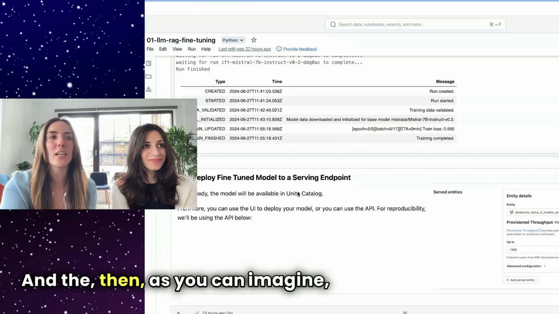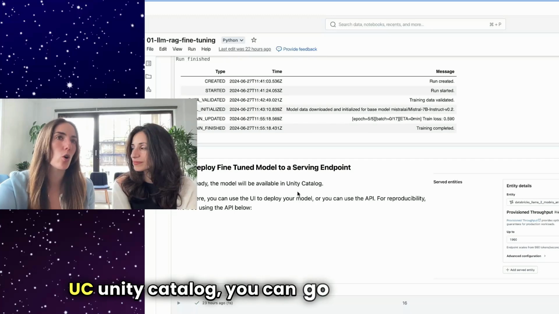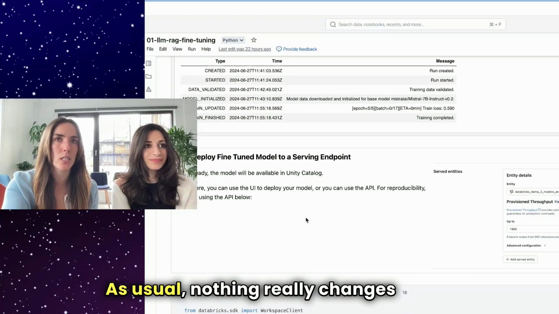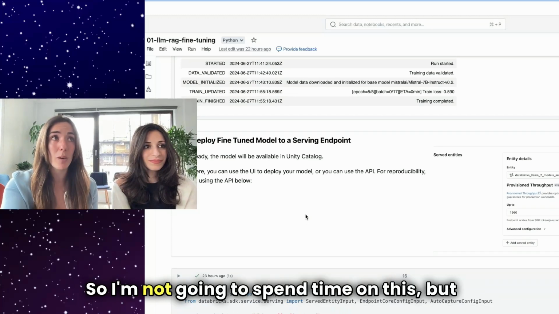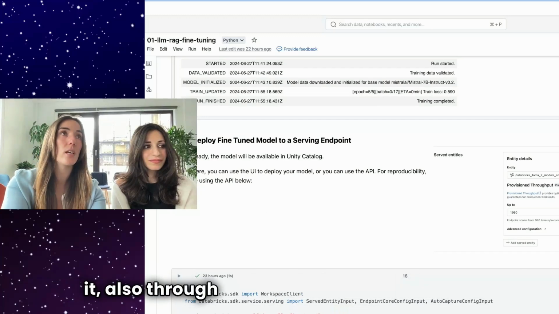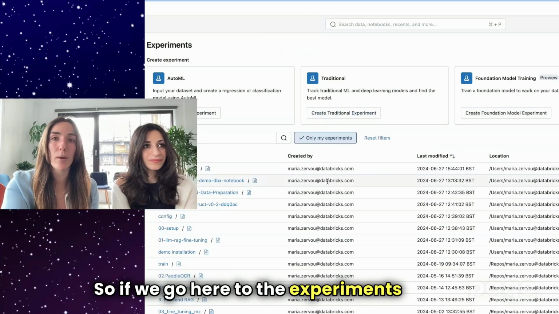Then, as you can imagine, since the model exists in Unity Catalog, you can serve it as an API as usual. Nothing really changes here, so I'm not going to spend time on this. But I will spend some time showing you how you can do it through the UI, which is very simple. So if we go here to the experiment page,